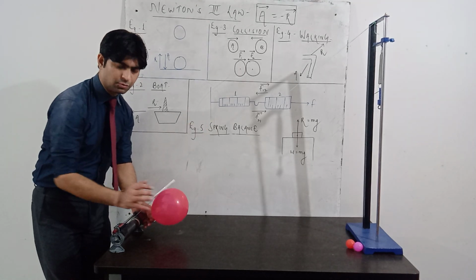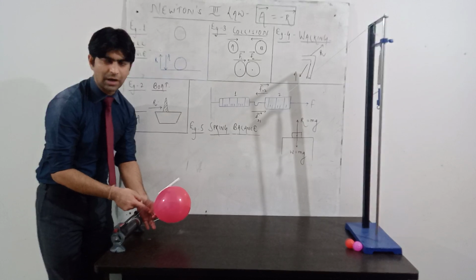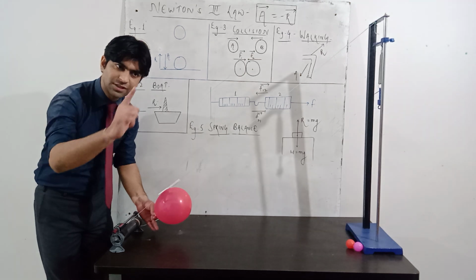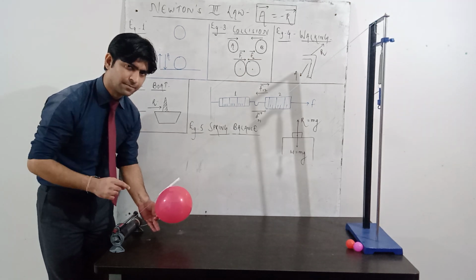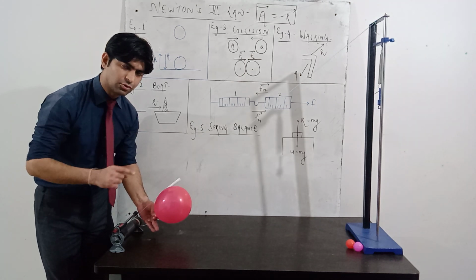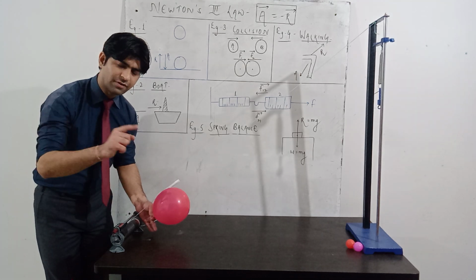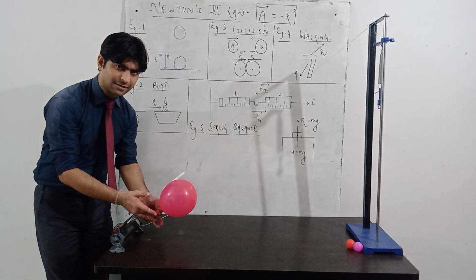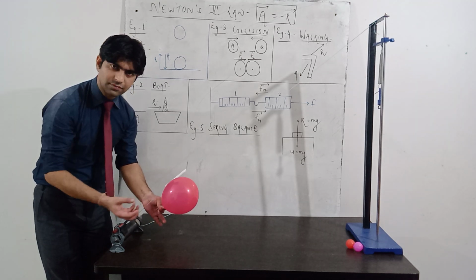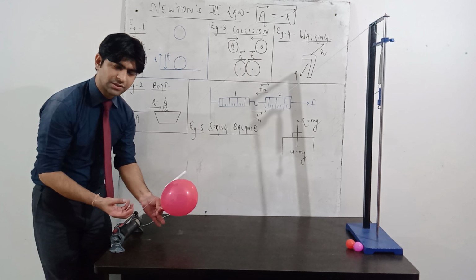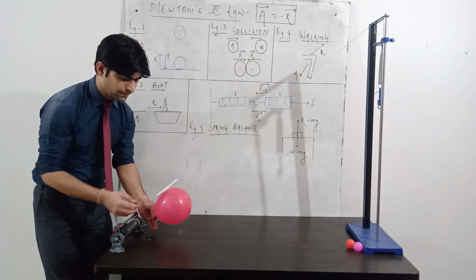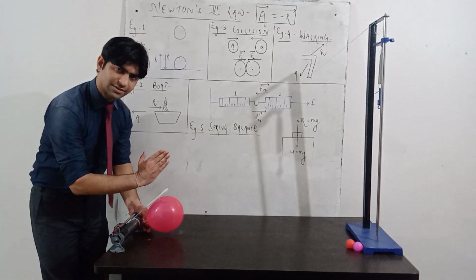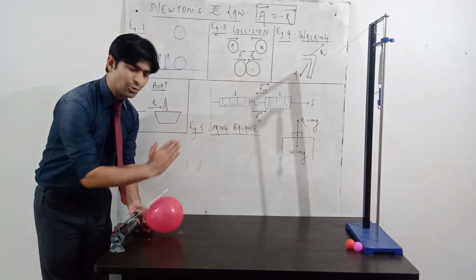Air is filled in this balloon. I have packed this one end, and I'm going to release it and you just see the observation, what you are going to observe, and from that we'll be able to justify and verify Newton's third law. I'm going to release this end and the exhaust of the air will come out. Now see the direction of motion of the balloon. I'm going to release this and it will go in the upward direction.